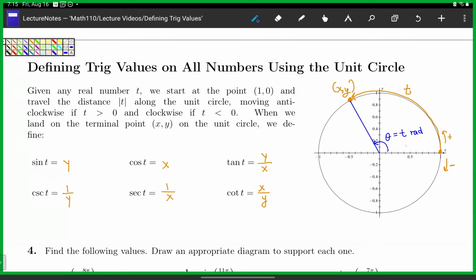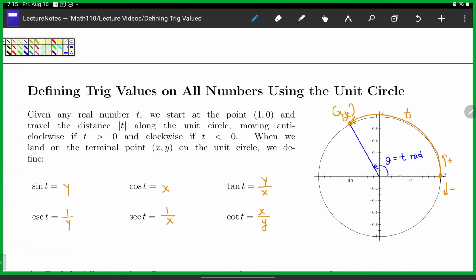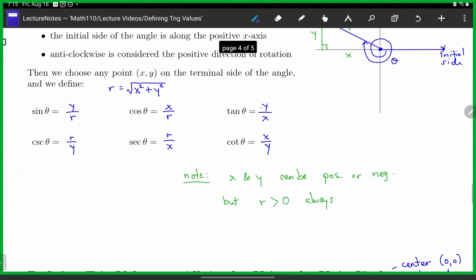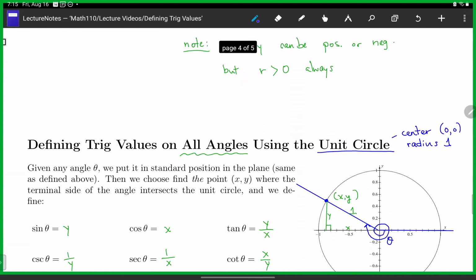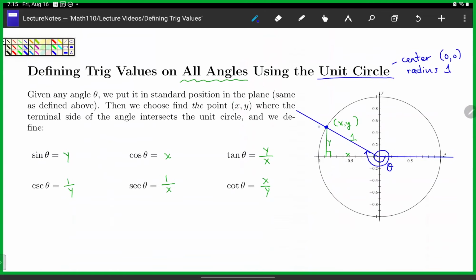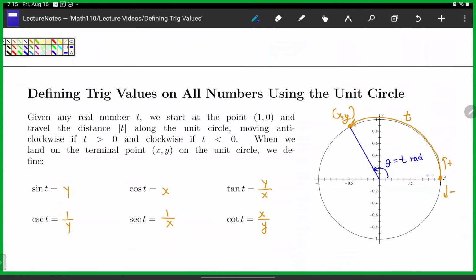And so it basically comes down to either putting an angle into standard position in a plane and picking some arbitrary point on the terminal side of the angle, or specifically choosing the unit circle point, or thinking of this distance not as a radian measure length, but as a distance along the unit circle, and all